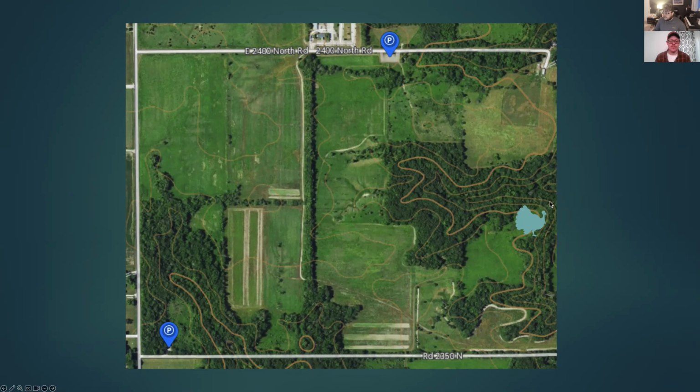Well said. We have a question about tree stands for turkey hunting. Not something that I use. And again, the biggest reason why is I like to be very mobile. So let's just say this specific scenario here. This is actually a hunt I had a few years ago. Again, piece of public land, and I basically did exactly what Curtis said.